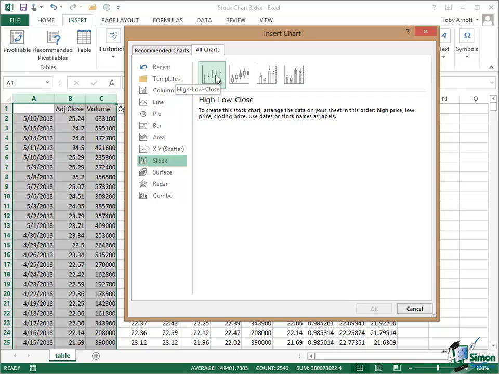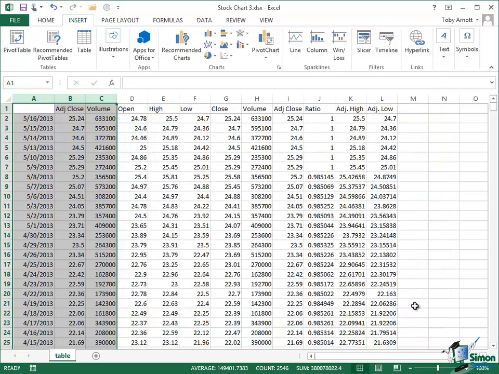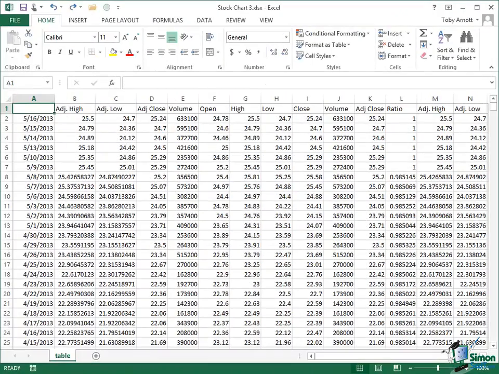So let's start with the first one there. Let's start with high-low close. What you're going to do with high-low close, and I'll do this on the data I've got here and come back to you in a moment, is to basically set up my columns of high-low close. So what I'm going to do now is, rather than plot the whole of these four columns, which would give me something that's pretty much unreadable, I'm just going to plot the last couple of weeks worth. So let me just select down to just about say the beginning of May,